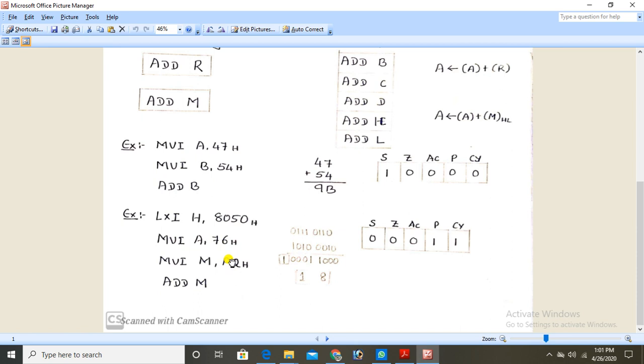Actually the addition is greater than 8 bit, so the carry flag will be set here. So CY equal to 1 means the number is greater than 8 bit, and the result is 118. The parity flag is also set because the number of ones is odd. Fine. Parity flag is set. So these are the examples. Fine. Next,